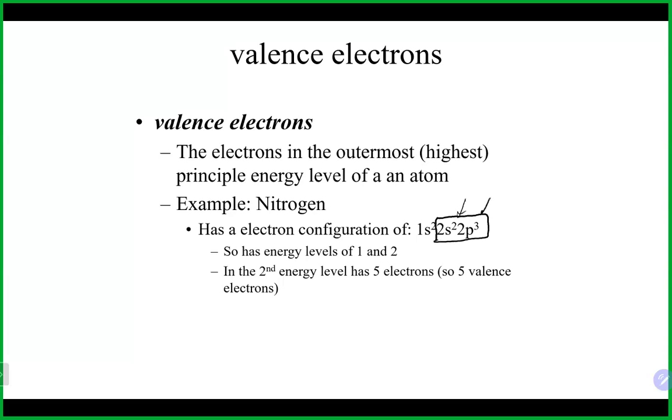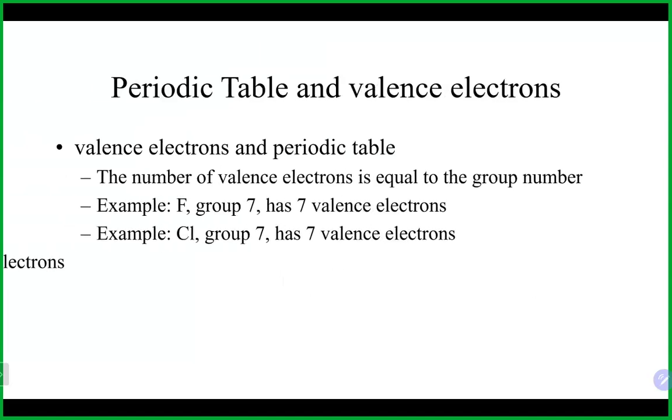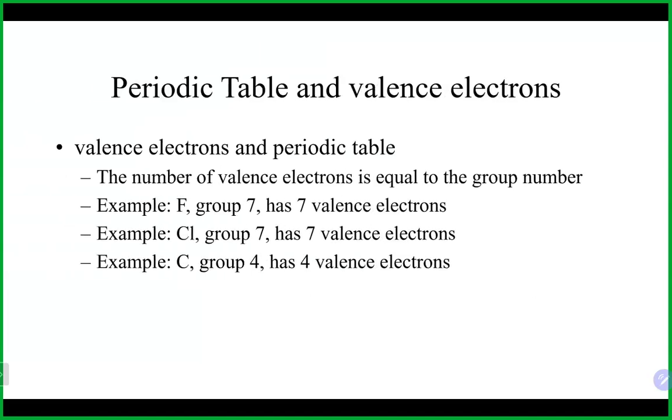That is the highest energy level, and there's 2 and 3, which gives nitrogen 5 valence electrons. So you can definitely look at the electron configuration and figure out how many valence electrons there are. Usually they will be the ones at the end. Obviously, a much quicker way to do it is that the number of valence electrons really does equal